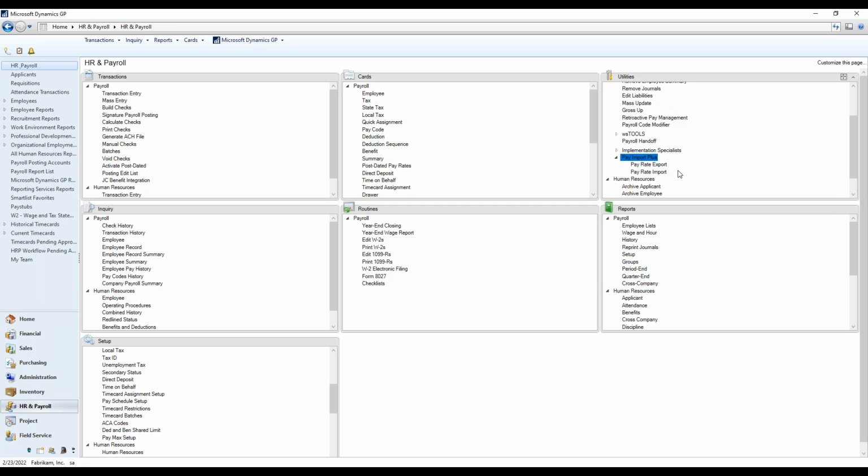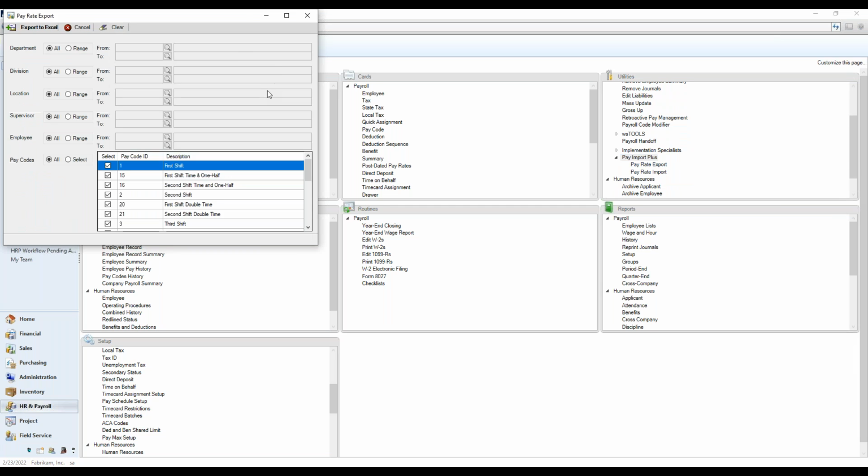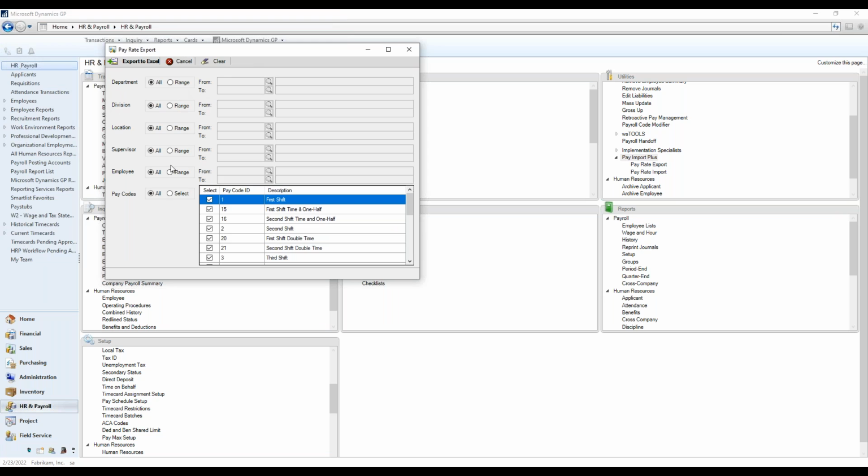So we've got our export and import. We'll start by looking at the export, and this is where we can export the compensation data from GP into Excel. When we first come in here, there's no filter selected. So if I just did export, it's going to do all employees and all pay codes for those